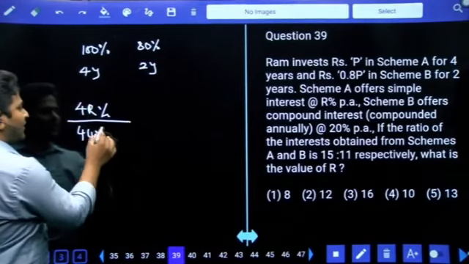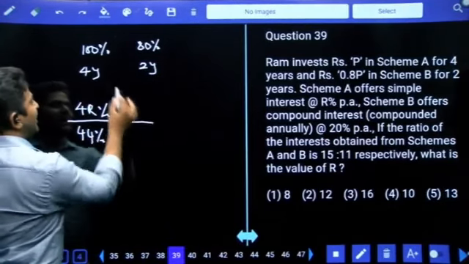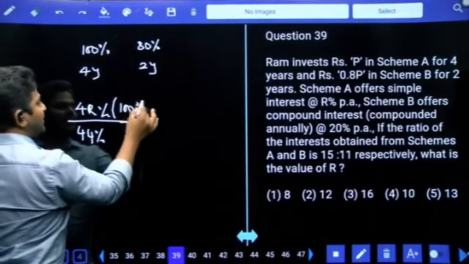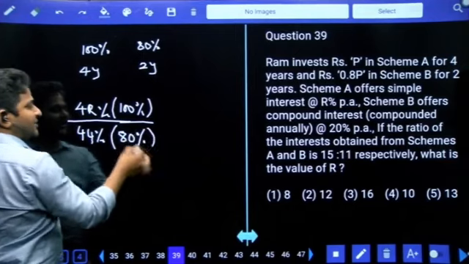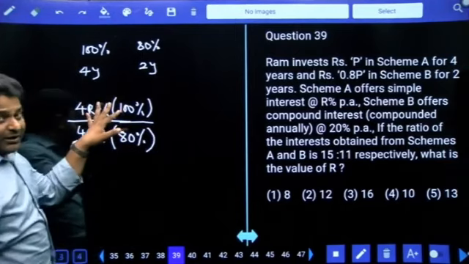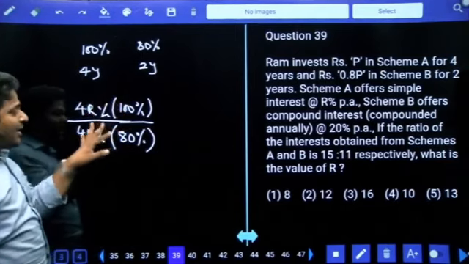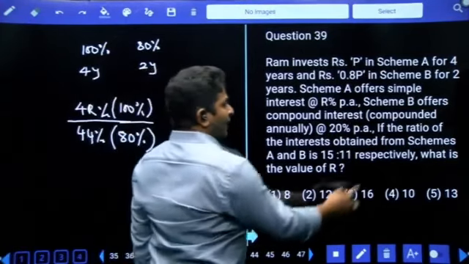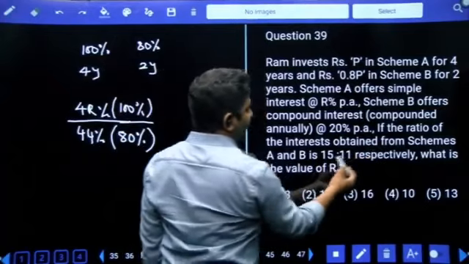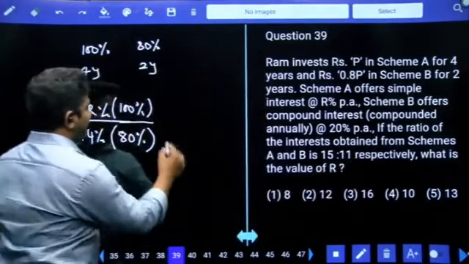That will be 44%. This value is calculated on 100% and 44% is calculated on 80%. In the numerator, we have written simple interest in scheme A and in the denominator compound interest in scheme B. Now, if both the interest obtained are in the ratio 15:11, if it is equal to